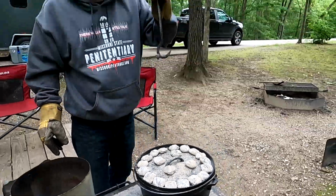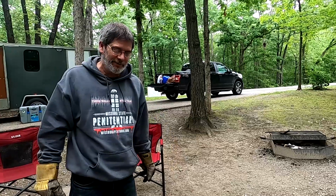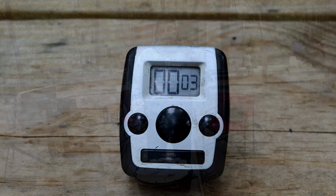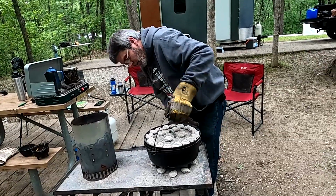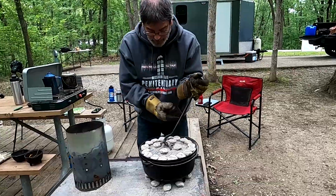Timer set for 10 more minutes. We'll come back and give it another stir. Not stir. A rotate. We don't stir this stuff. Okay, 10 more minutes. So first of all, I'm going to rotate the Dutch oven. 1/3 of a turn and 1/3 of a turn. And we have...